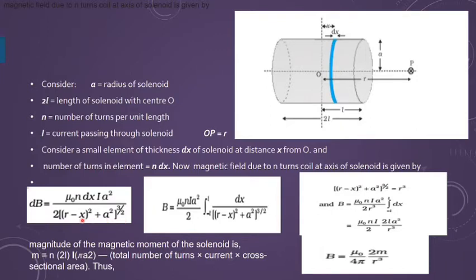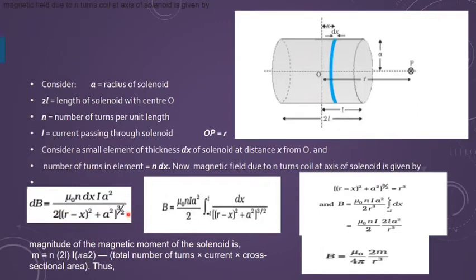So r was the distance. Now here the distance of this small element is r minus x, so r minus x square, and radius is a. So this formula I can write simply this way in terms of the given suppositions. I can write it as twice of r square, r minus x whole square plus a square, and the power of the whole term is 3 by 2. This is the small magnetic field because of the ring or a current carrying coil, which we know the result and we are using it directly.